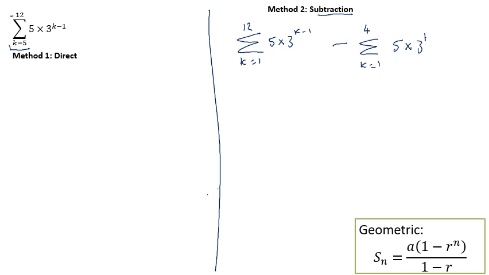So now all we need to do is identify our values for A, R and N. So here A is 5, R is 3 and N is 12. Here A is 5, R is 3 and N is 4. So what we do now is we put both of those into our geometric series formula, which is down here. So we are going to do